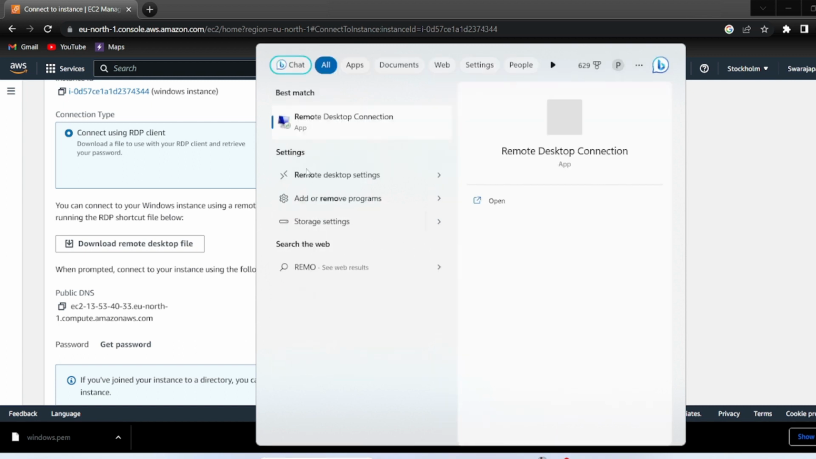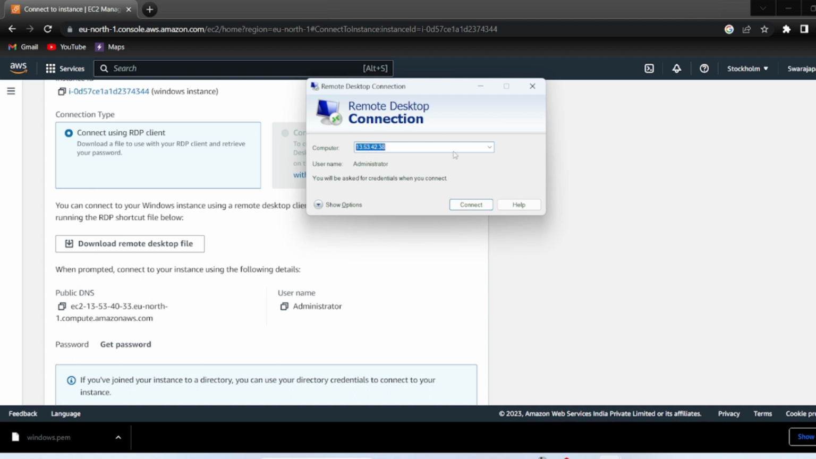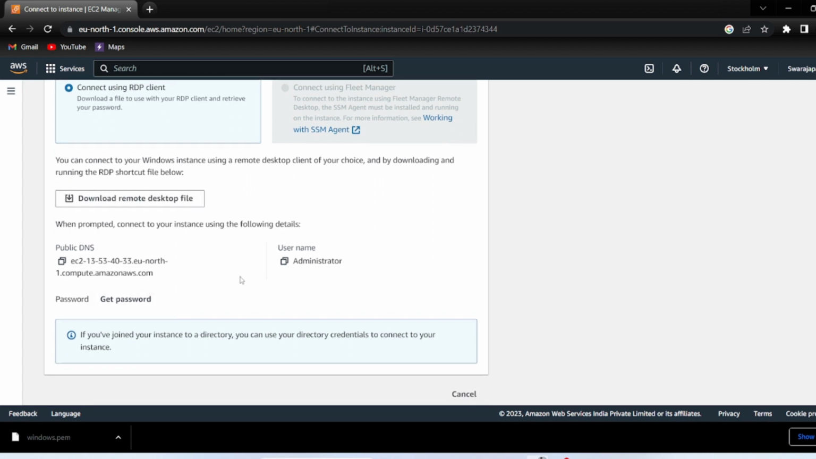Click on Create Instance. Let us click to open this instance, and now we have to see that RDP client is enabled in settings or not. Now by default it's on. Also let's click on RDP settings and let us now copy the IPv4 address and paste it into remote desktop